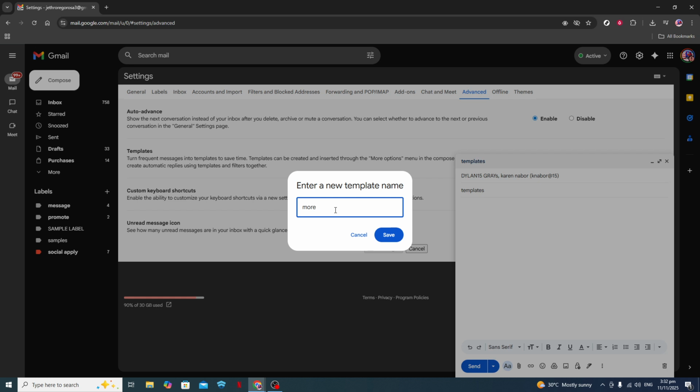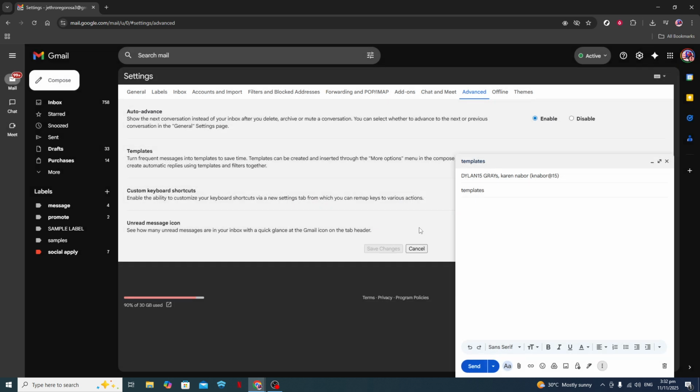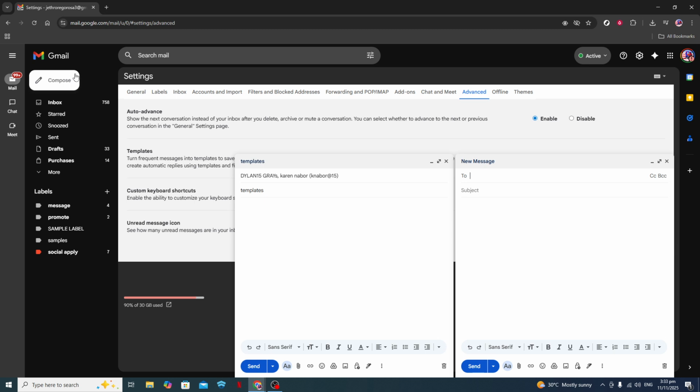Congratulations! You've just created a reusable template in Gmail. You might wonder how to use this template moving forward. It's simple. Whenever you want to use it, open a new email by clicking Compose. Click the 3 dots at the bottom right again, hover over Templates, and you'll see your saved template listed there. Click it, and your formatted email content will appear in the message window, ready for you to send after making